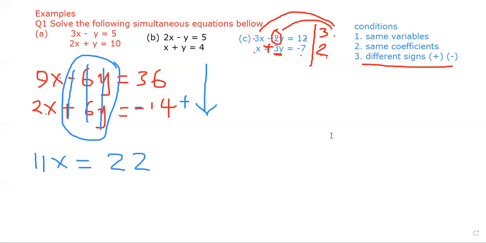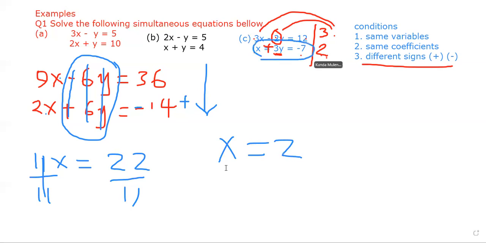So what do we do to find the value of x? How much time are we going to divide? Let's be a little bit fast. We divide by 11, we divide by 11, and x is going to be 2. Once you do that, you substitute it in the original equation. So we had x